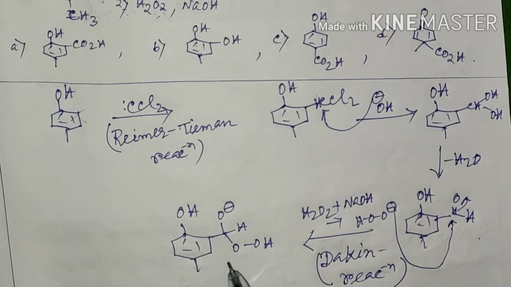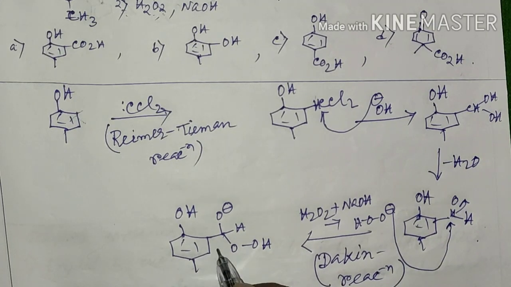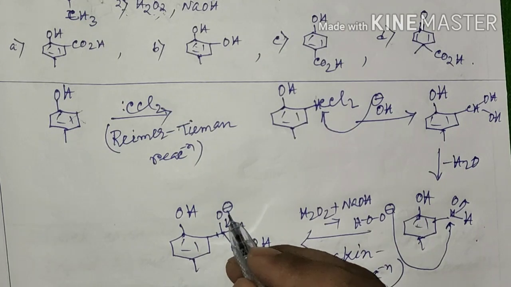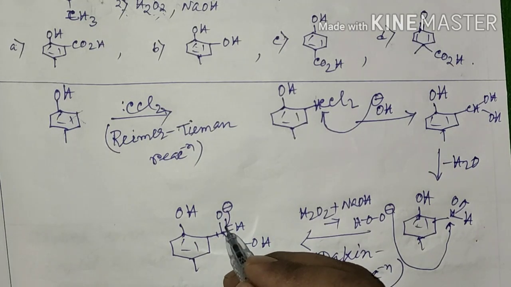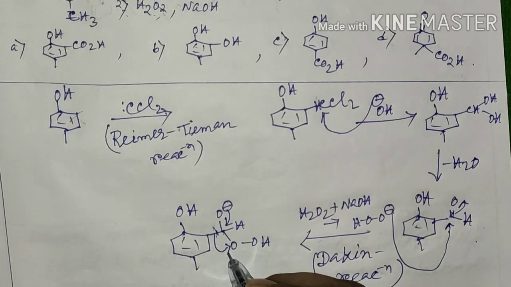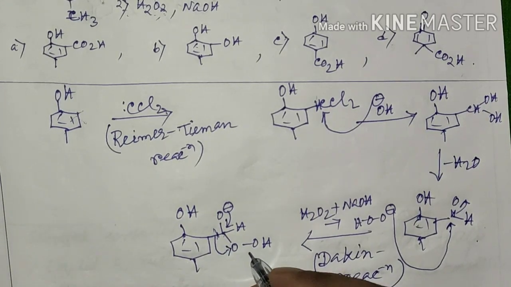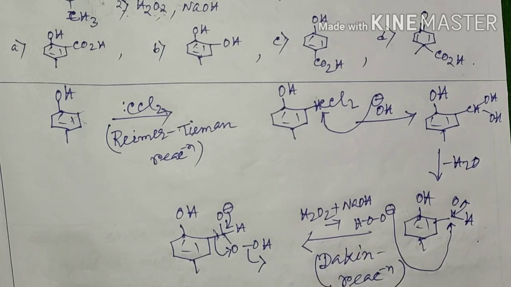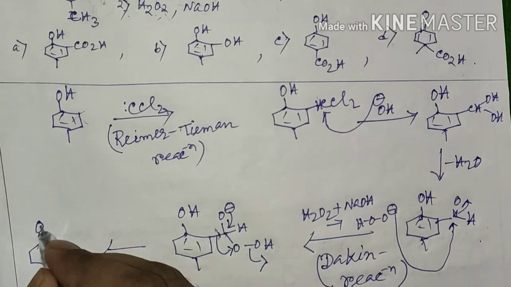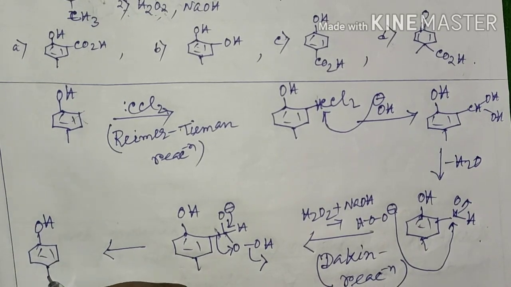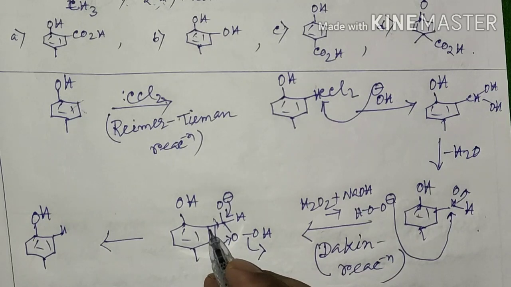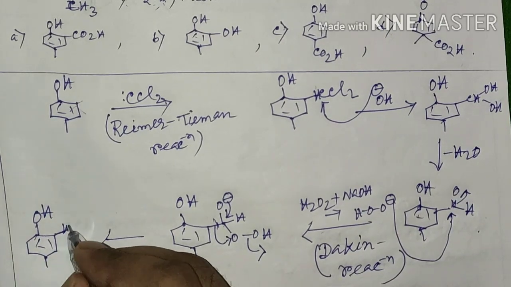to form such species. And now this species will undergo one rearrangement, that is this anion will form a double bond here, and this aryl group migrates here and attacks at this peroxide bond to eliminate this OH group, and the generated species will be like, it is attacking here, so here will be oxygen,